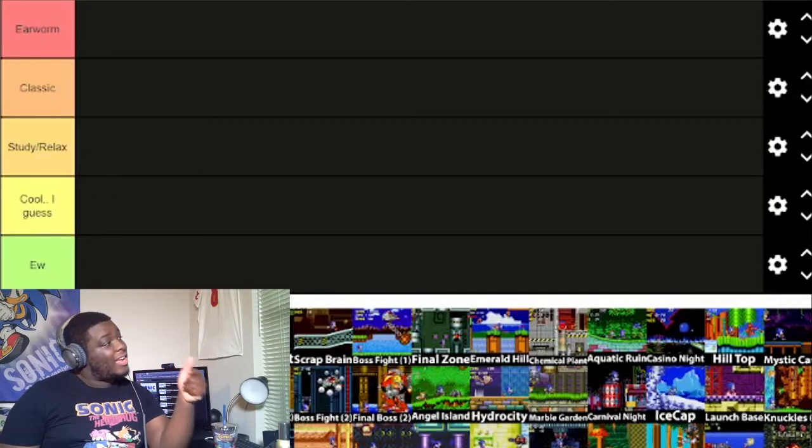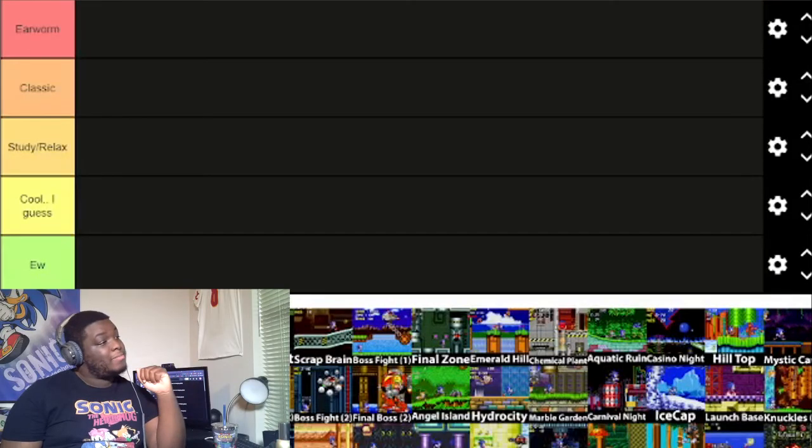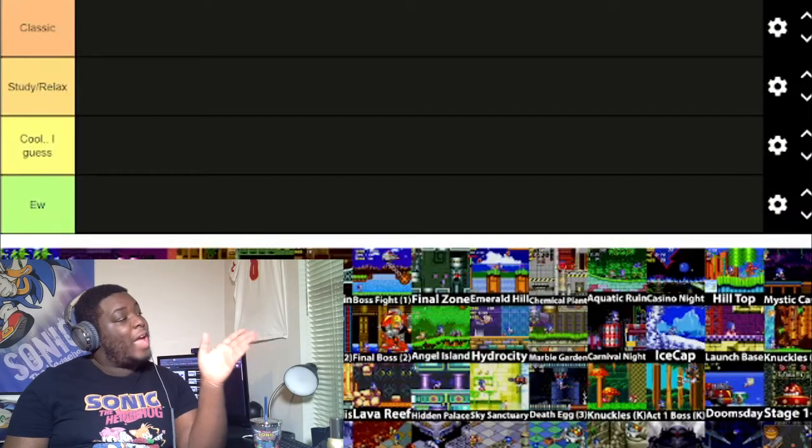Below that is the A rank, Classics. Not exactly earworm territory, but it's quintessential Sonic. When I think of classic Sonic games, I think of this song. B tier is Study and Relax. Basically, I put this on my Spotify playlist, or YouTube playlist, depending on where you get your music from. Below that is C tier. Cool, I guess. And then at the very bottom for F tier, we have...